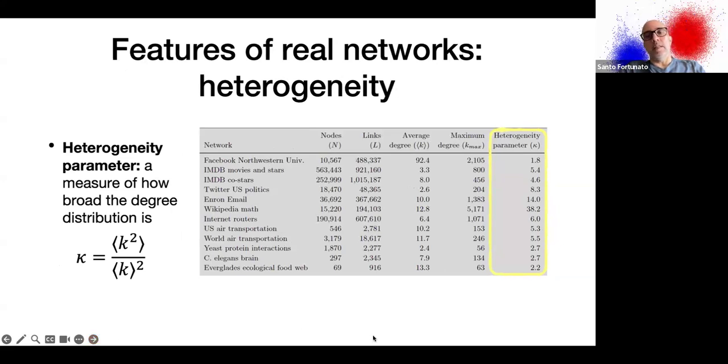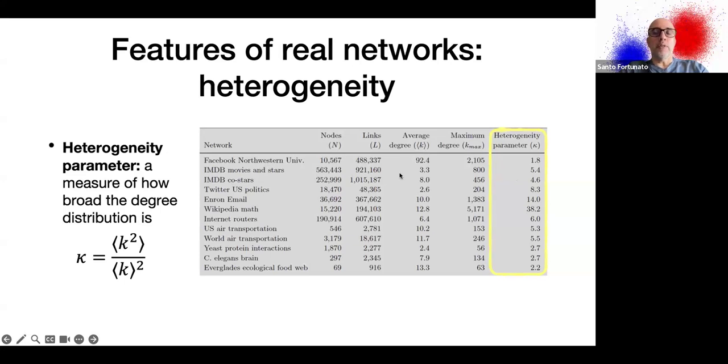And again, this table that you have already seen, specifically this column with the heterogeneity parameter that we introduced yesterday, gives us a sense of how heterogeneous these networks are with respect to degree. As I mentioned when I introduced this measure, values of this ratio close to 1 indicate